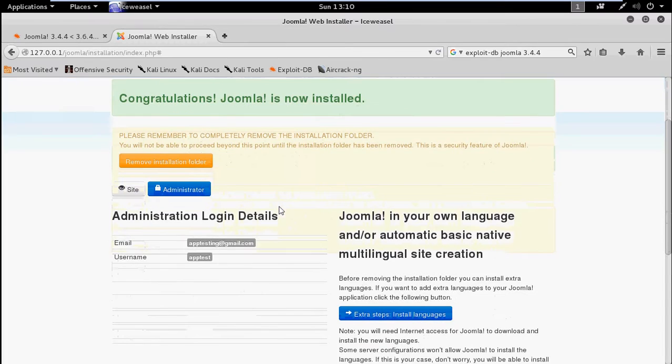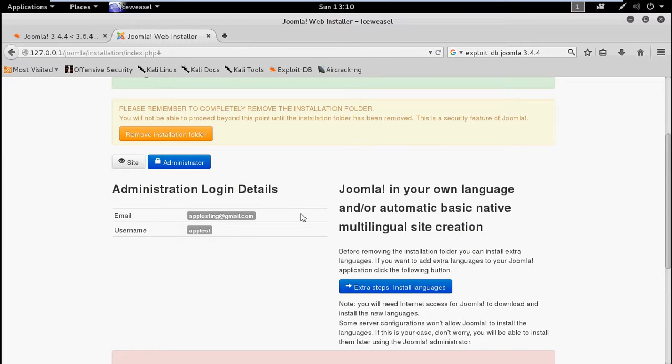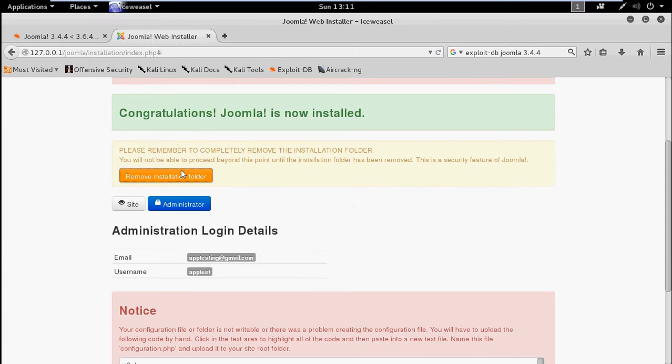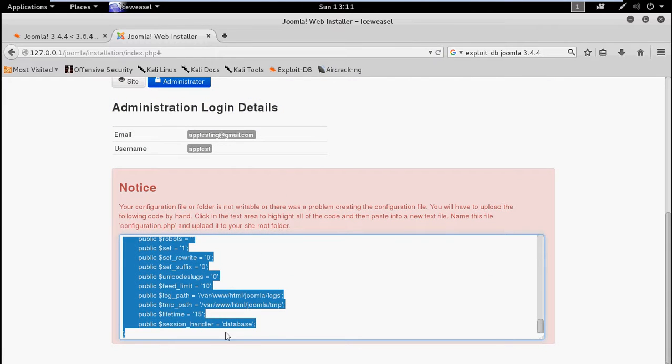Okay, so we have done this part of the installation. So now what we need to do is click on this remove installation folder, because we no longer need to keep it. But instead of that, what we need to do is copy this particular code